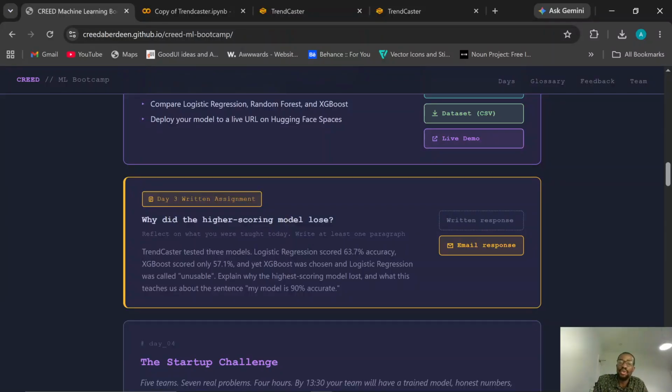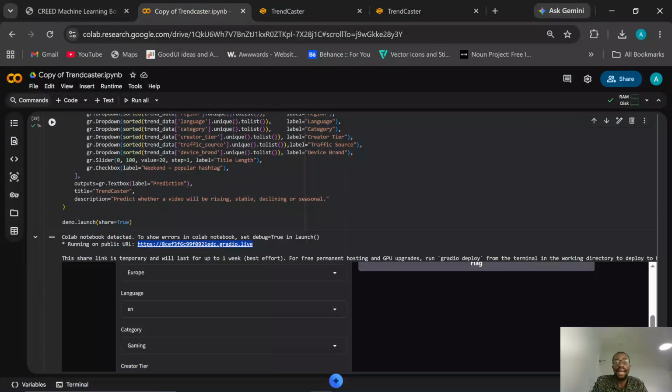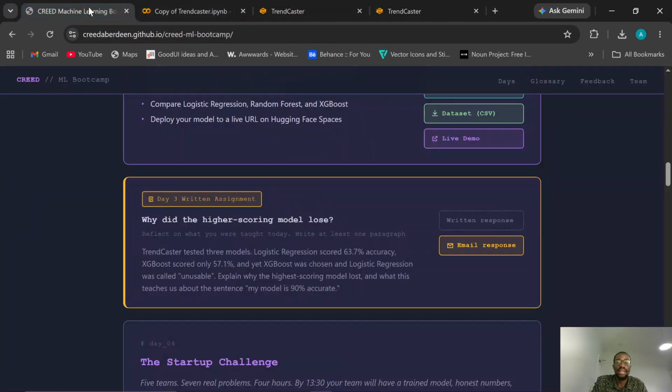TrendCaster tested three models: logistic regression 63.7% accuracy, XGBoost scored only 57.1%, and yet XGBoost was chosen and logistic regression was unusable. Explain why the highest scoring model lost and what this teaches us about the sentence, my model is 90% accurate. So I want you to go and think about that. You can email your response here.